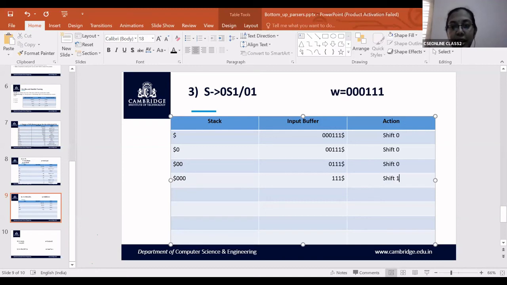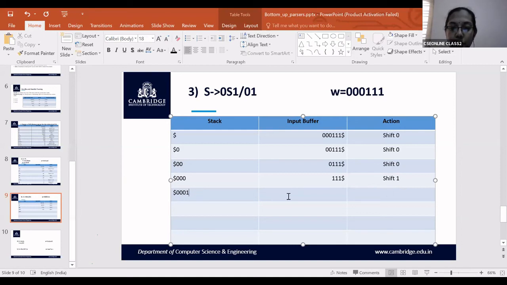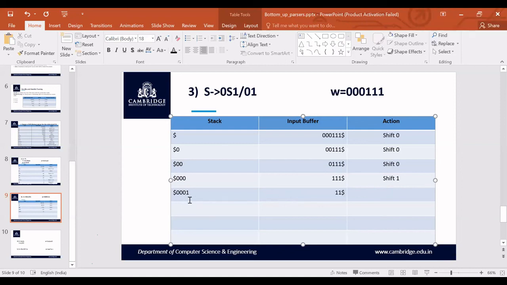What's the next symbol? 1. So when you shift 1 onto the stack, you are left with two ones in the input buffer. Now check. Can you reduce any of the substrings on the stack? Yes. You have 0 and 1.